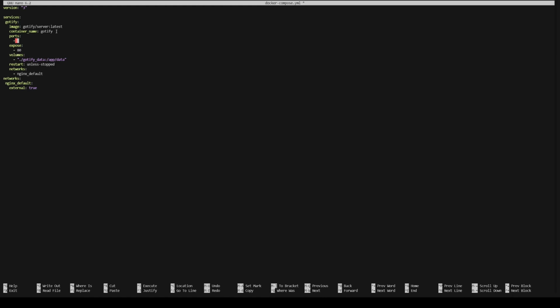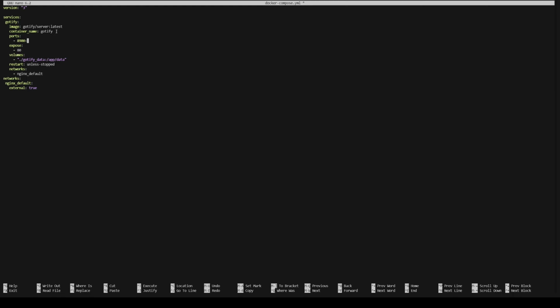So this is what you will be using with your IP address, and you can change this port to whatever you like, but make sure it does not overlap with any other services. So we can just give it, let's say, 8900,